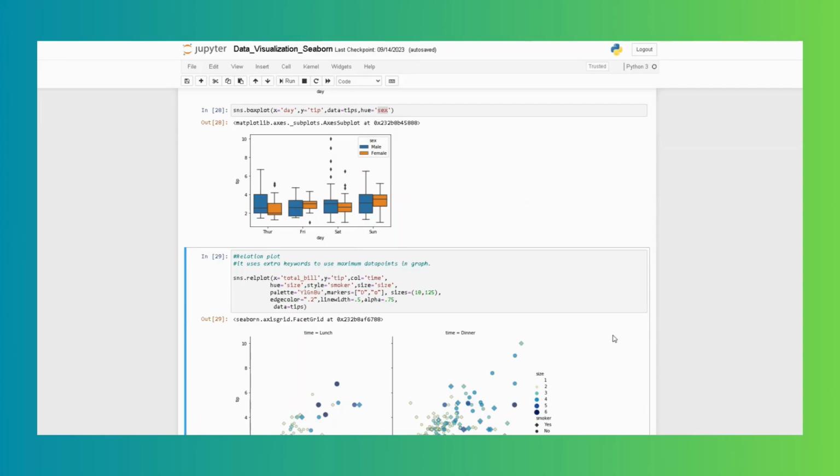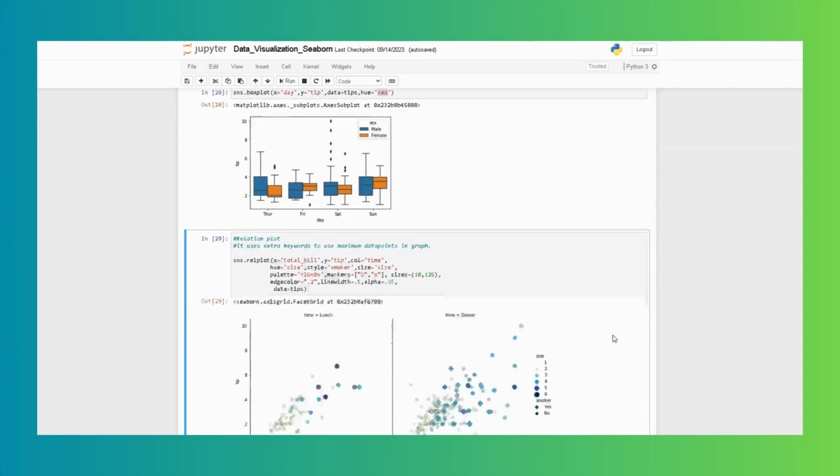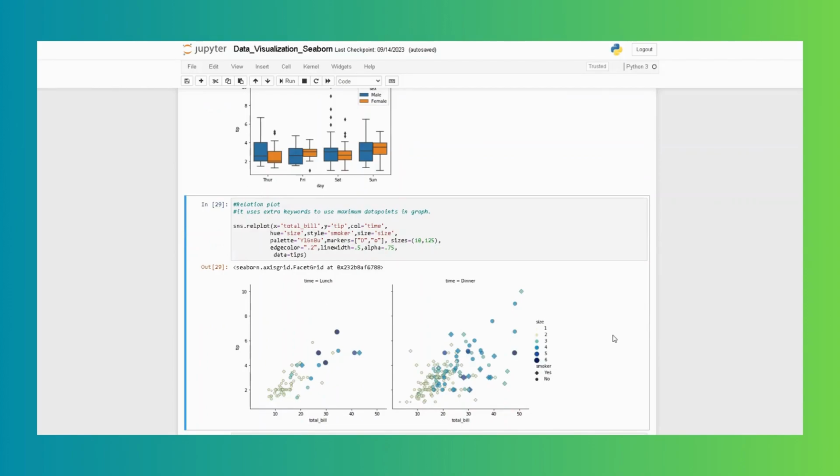REL plot creates a scatter plot with optional semantic mapping through the hue parameter, which colors the points based on the categorical variable. It's useful for visualizing the relation between the two variables. Here we can see that we are using D. D is used for a marker. D is used for a diamond shape, and O is for circle,